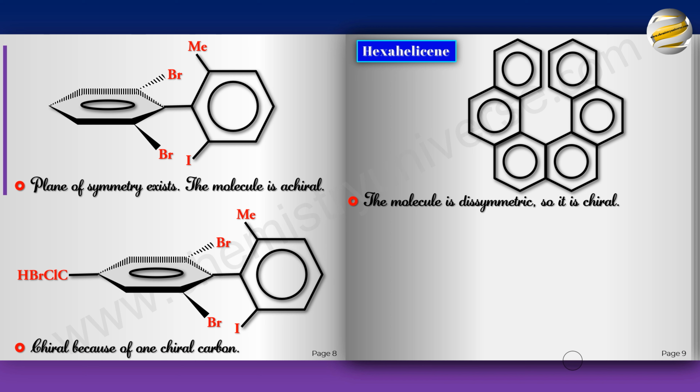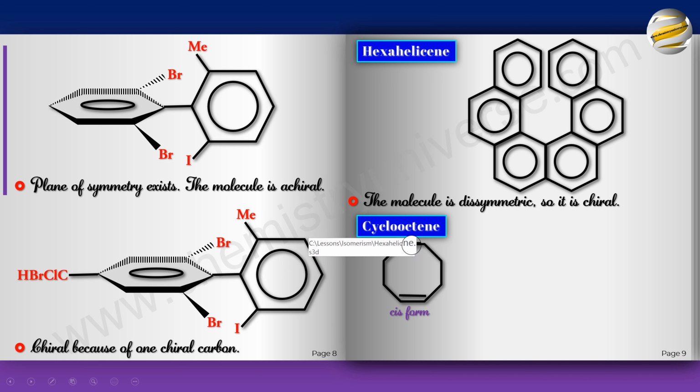In fact, you can even look at cyclooctene. Now cyclooctene has two isomers, cis and trans. This is the cis form and it is perfectly symmetrical because you can cut it into two identical halves, even though it's not exactly an octagon. But if you were to assume it is an octagon, you can simply cut it like this and you'll be able to see it.